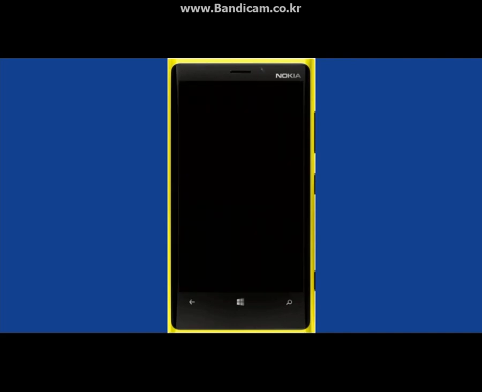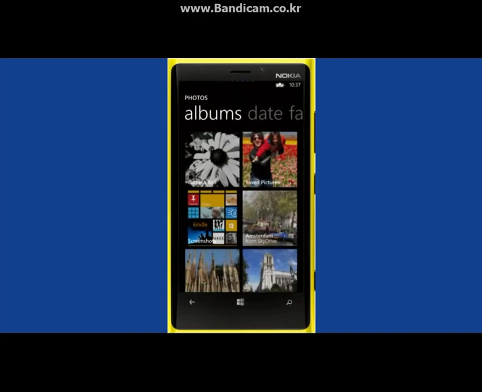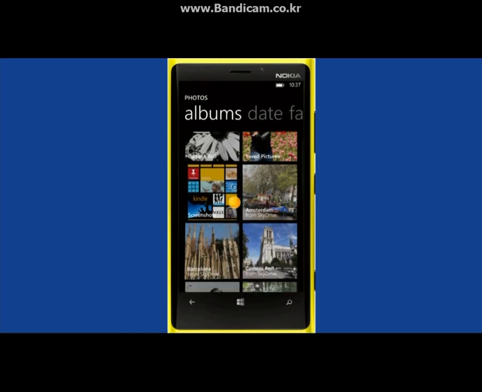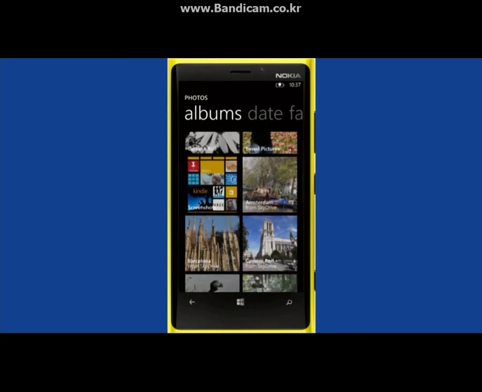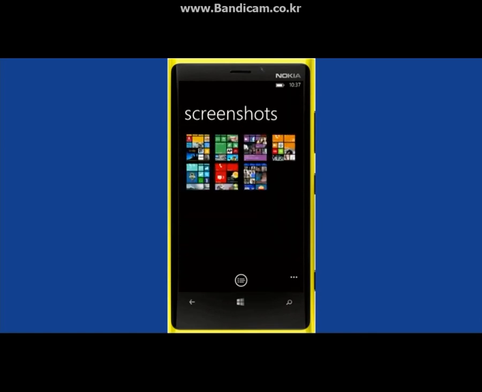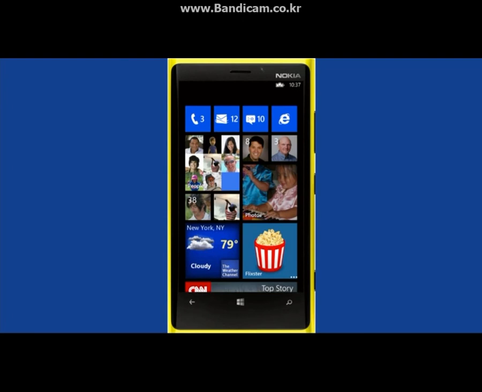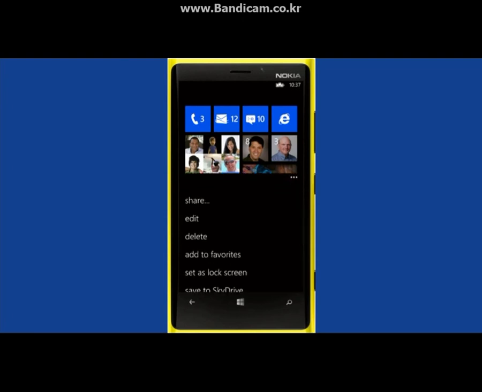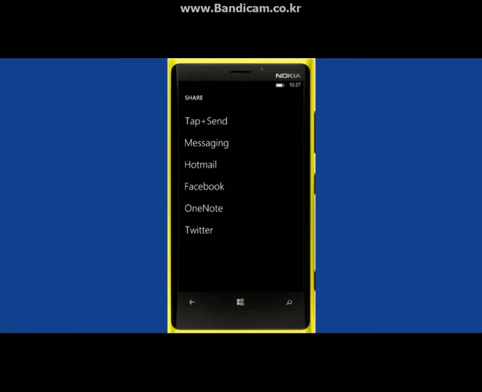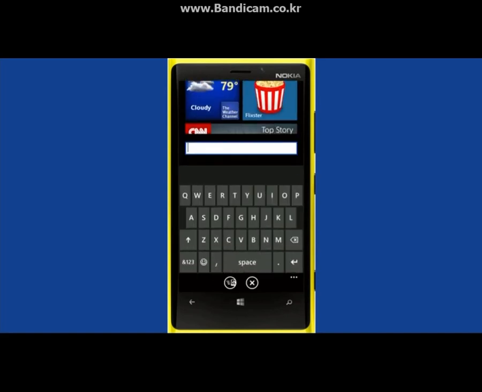I'll go into my Albums view, and you'll see there's my camera roll, my saved pictures. I've got all my SkyDrive and Facebook albums in here, so they're super easy to get to. And here is my screenshot list. I've got a bunch of screenshots. Here's the one I just took. And now for me, sort of a historic moment, I'll go into Share. Lots of ways I can share. I can share via tap and send with NFC. I could share via Facebook, OneNote. What I'm going to do is take this and post to Twitter, first ever